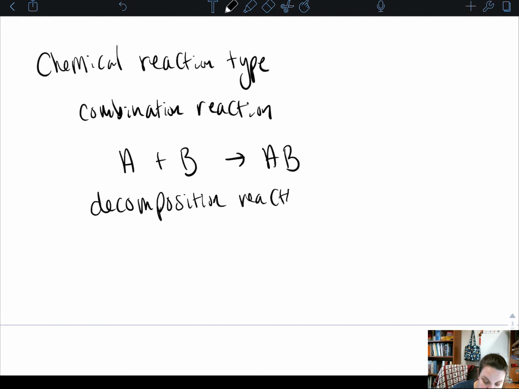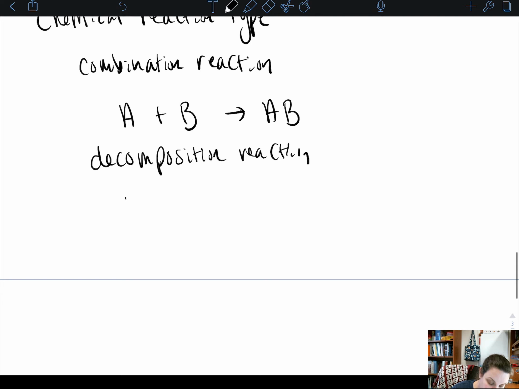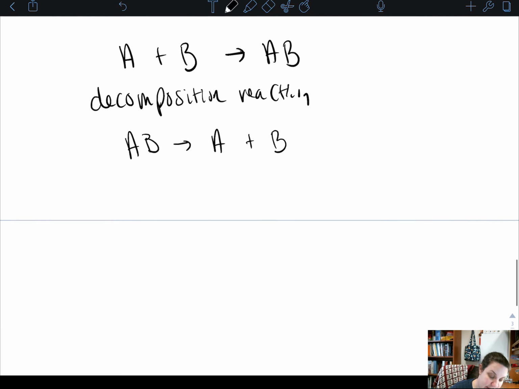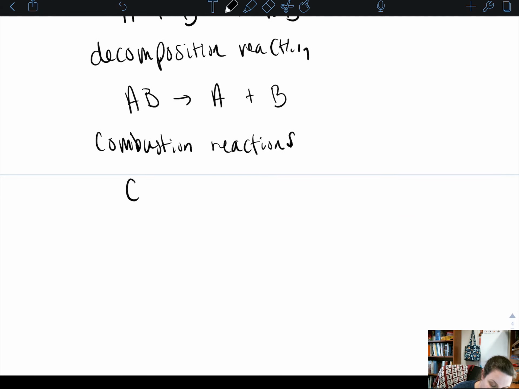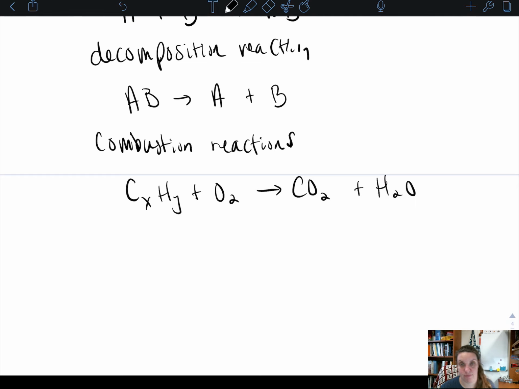It's kind of the opposite of a combination. We have one reactant breaking down to produce two products. We have combustion reactions. Combustion reactions, we have some sort of hydrocarbon reacting with oxygen to produce carbon dioxide and water. Okay, these are going to be reactions that have flame and produce heat,